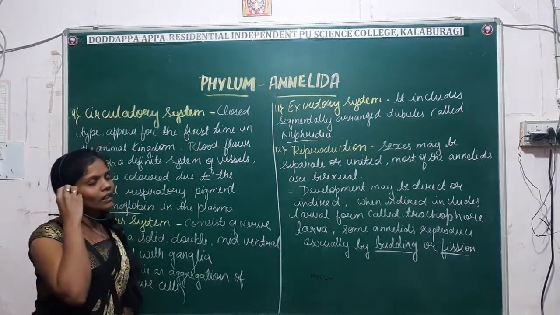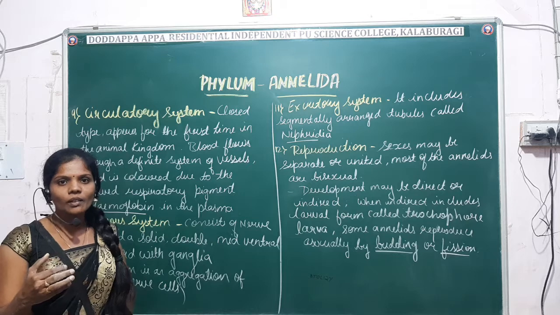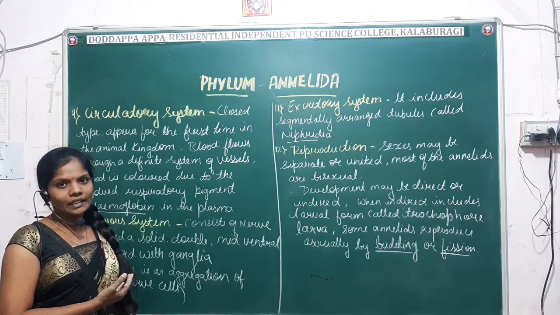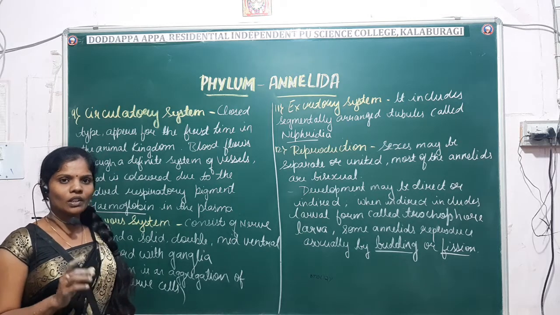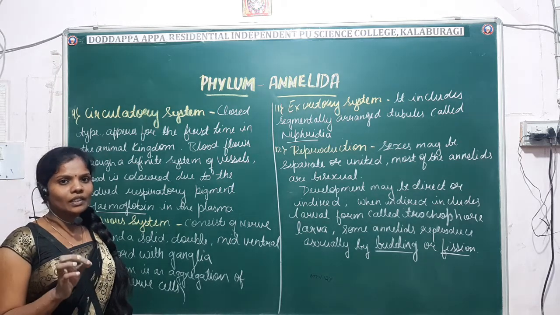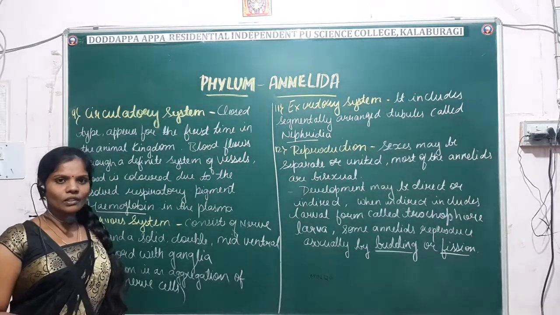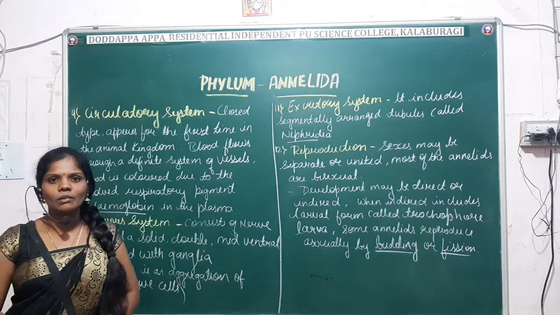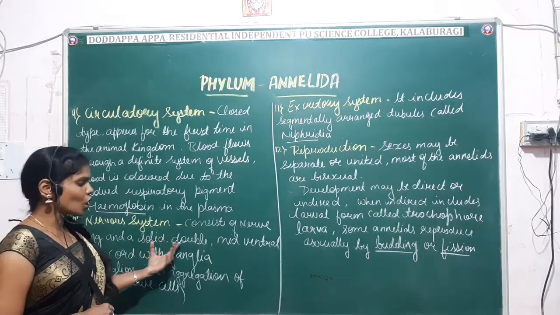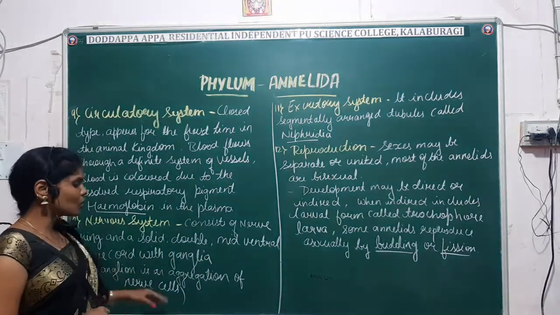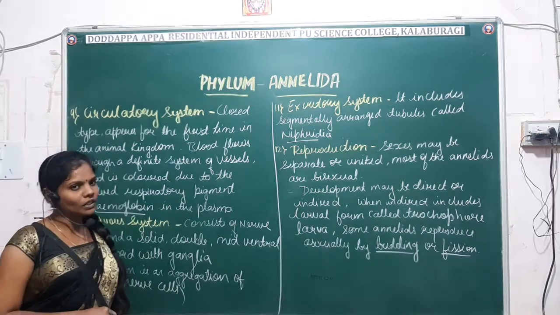Generally in case of annelids, the circulatory system is of closed type with well-defined blood vessels, and the blood is red in color due to the presence of hemoglobin, the respiratory pigment, which gives red color to the blood. Then comes the nervous system. In annelida, the nervous system is well developed, consisting of the nerve ring and solid double mid-ventral nerve cord with the ganglia. What do you mean by ganglia? Ganglia are nothing but the aggregation of the nerve cells.